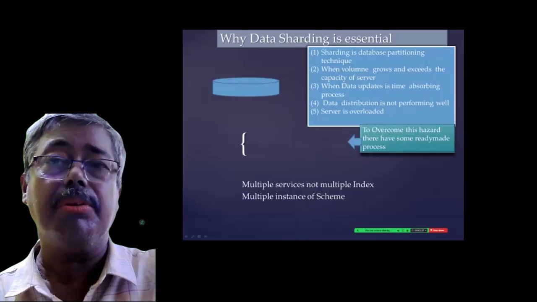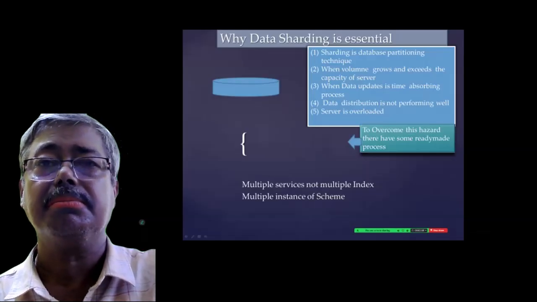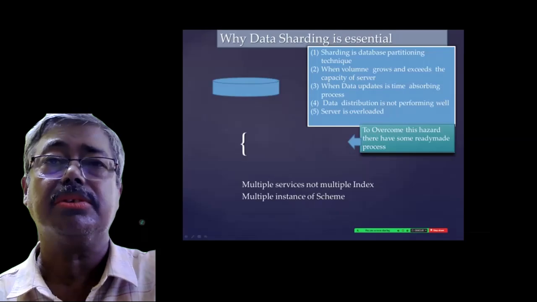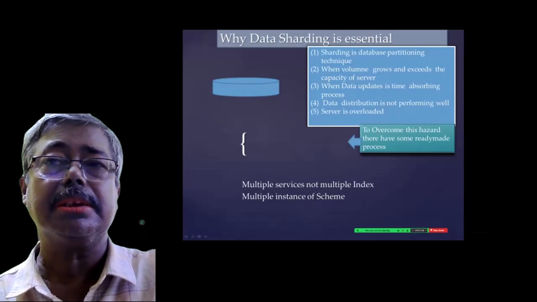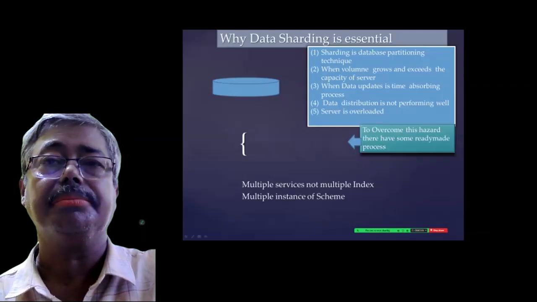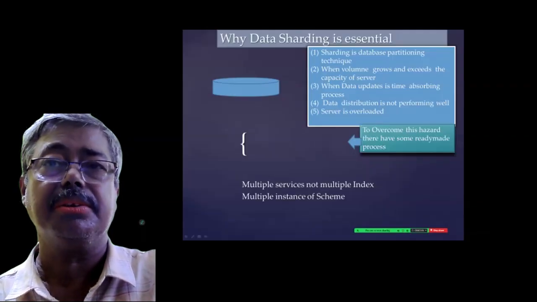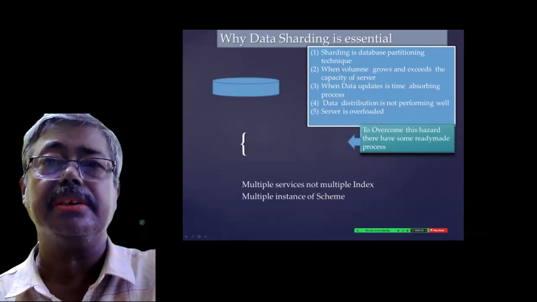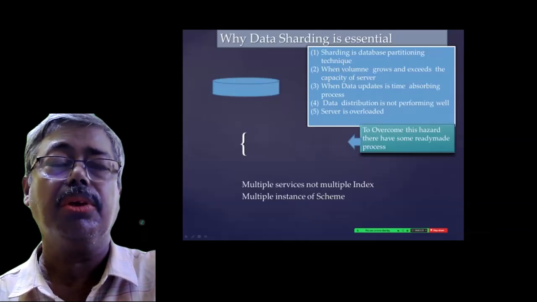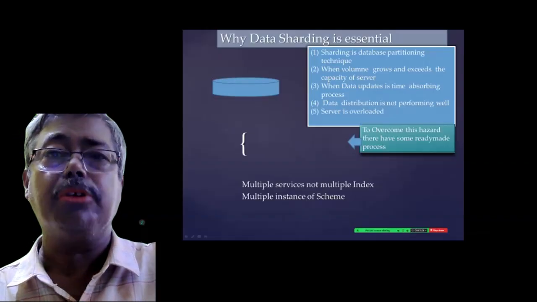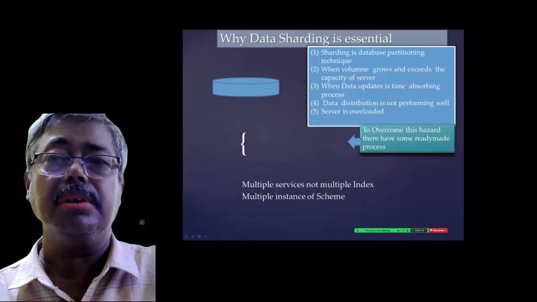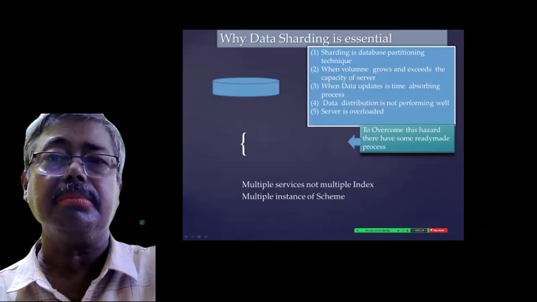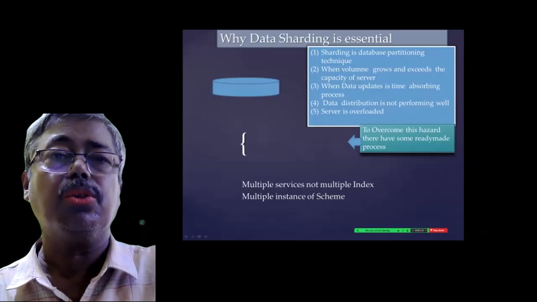How is it possible? The answer is sharding. Sharding is a database partitioning technique. By partitioning and hosting to the remote location, the capacity is increased. When volume grows and exceeds the capacity of the server, when data update is a time-consuming process, data distribution is not performing well, and the server is overloaded. To overcome this hazard,